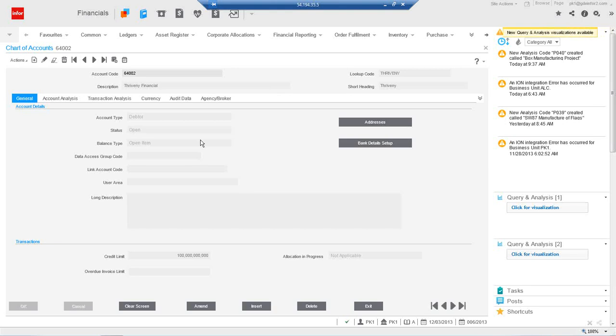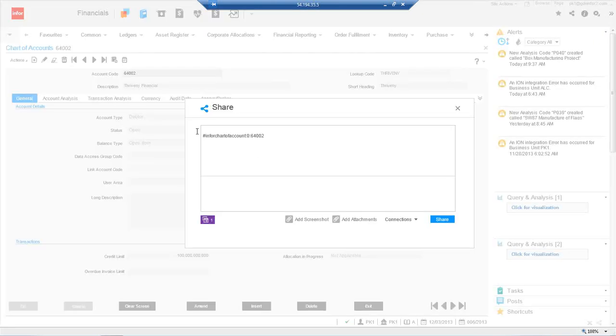You've got your customer account. Anywhere within any application, you've got this share icon. So if you just want to share the context of whatever screen you're in, you can very easily do that. So if you wanted to share that with another user,